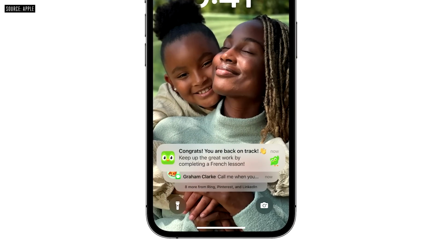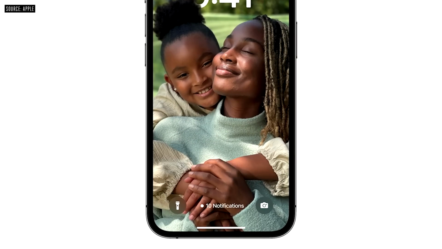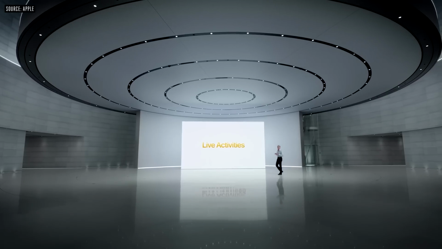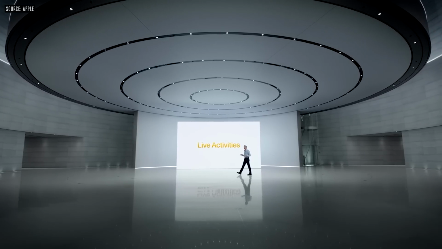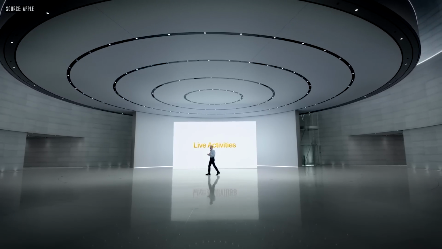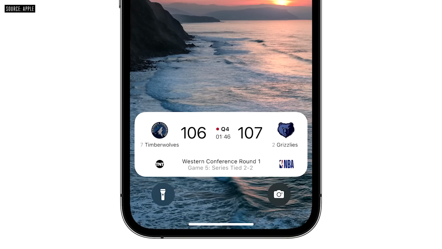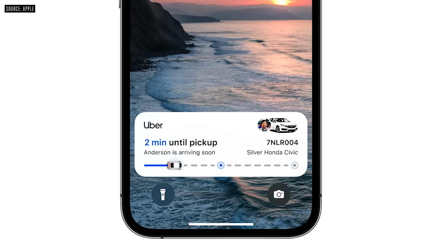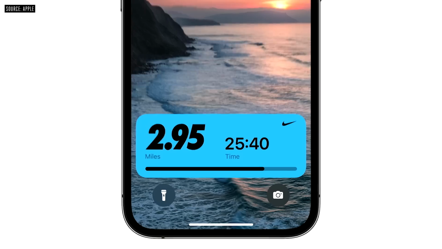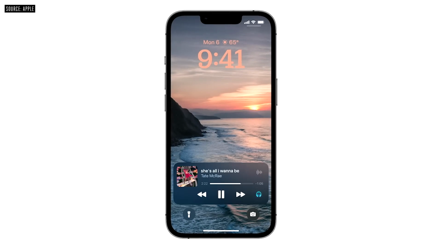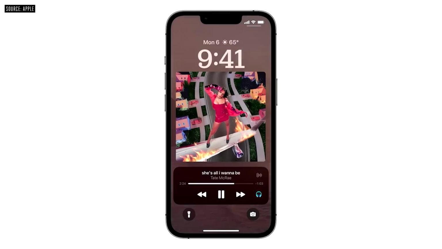Notifications now roll in from the bottom of the lock screen as you receive them, and you can choose to hide them throughout the day. Live activities make it easier to stay on top of things that are happening in real time, right from your lock screen. This will make it really easy to follow that NBA game, track the progress of an Uber ride, see how you're doing on your workout, and more. And now with live activities, the Now Playing controls can expand to a full screen view that celebrates album art